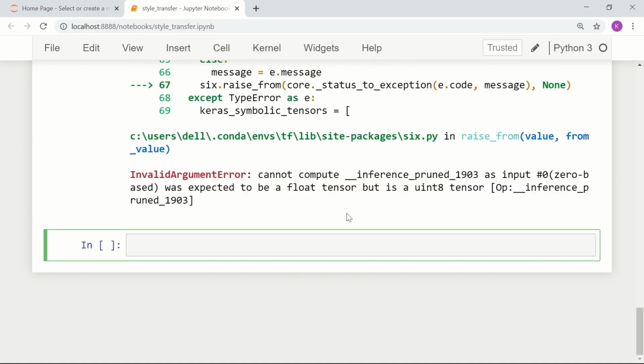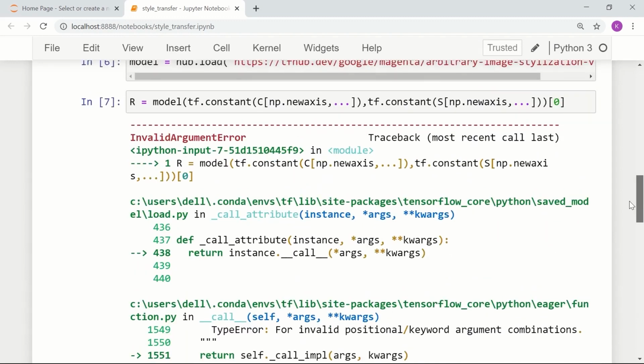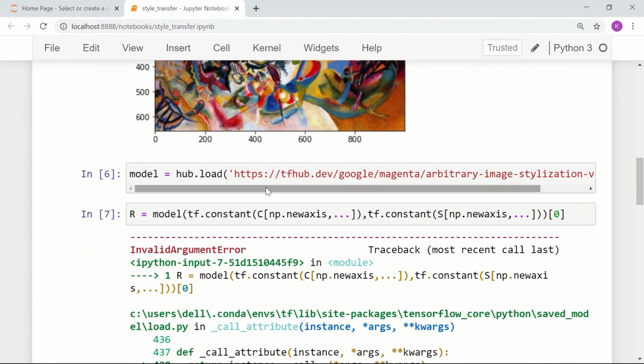It may take a while. Oh, what's the error? We have to convert these images to float first.